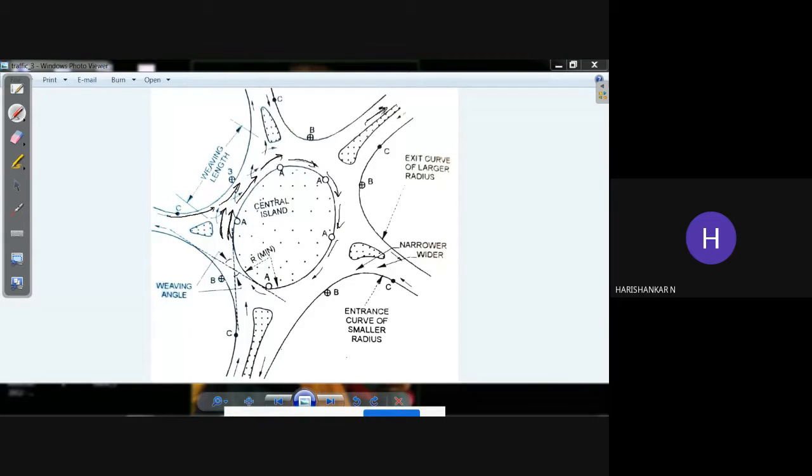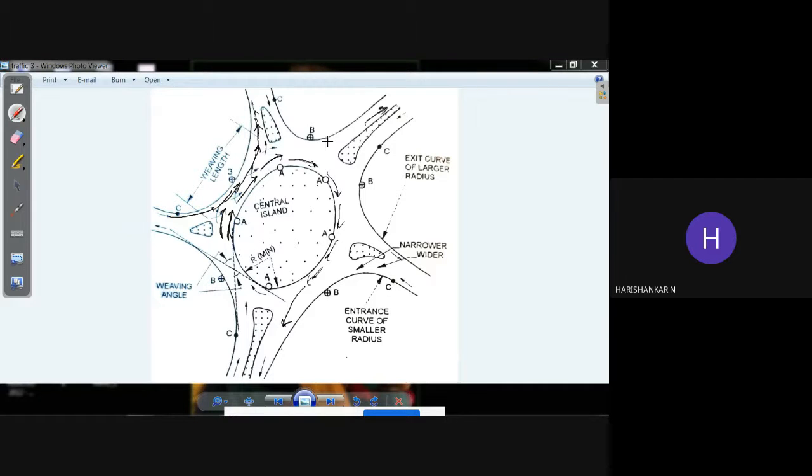And if any vehicle wants to leave, what will it do? It will take the weaving action towards that particular lane. So if I want to exit, I can simply do like this. And if I want to exit from here, what should I do? If I want to follow this path, then definitely in this way I can move. I hope you can see the mouse pointer. In this way I can move definitely.